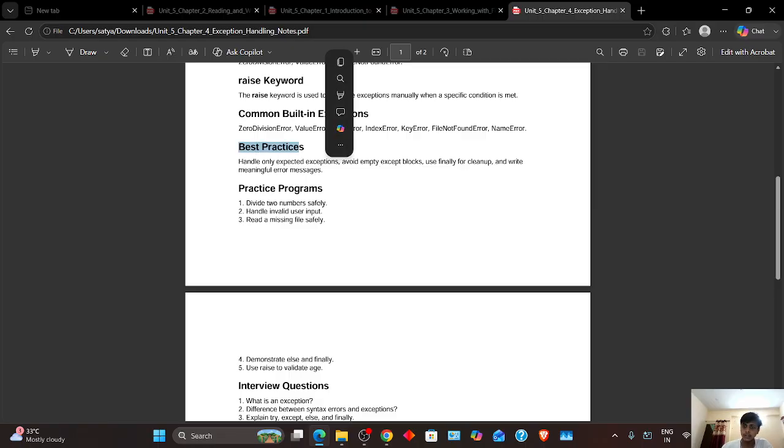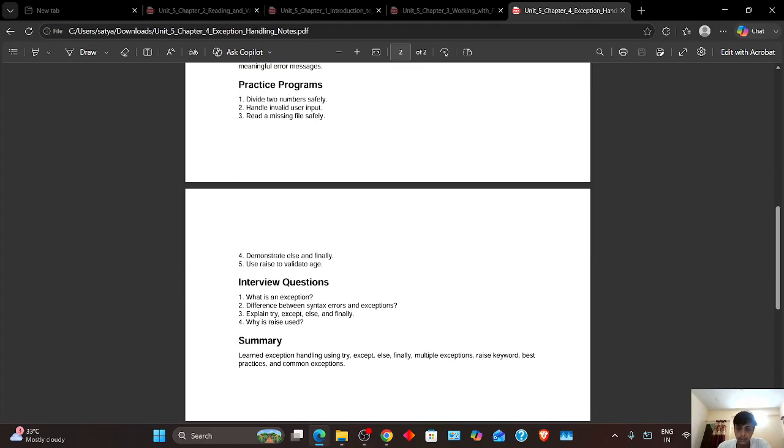These are the best practices: handle only the exceptions you expect, avoid using a blank except unless necessary, use finally to clean up resources and display meaningful error messages. Test your code with invalid inputs, like this. These are the practice programs